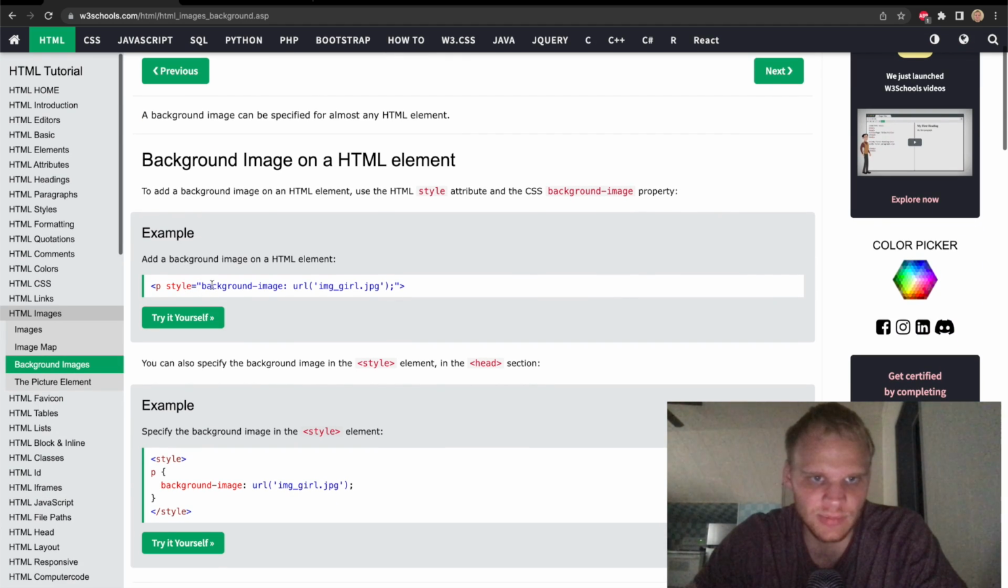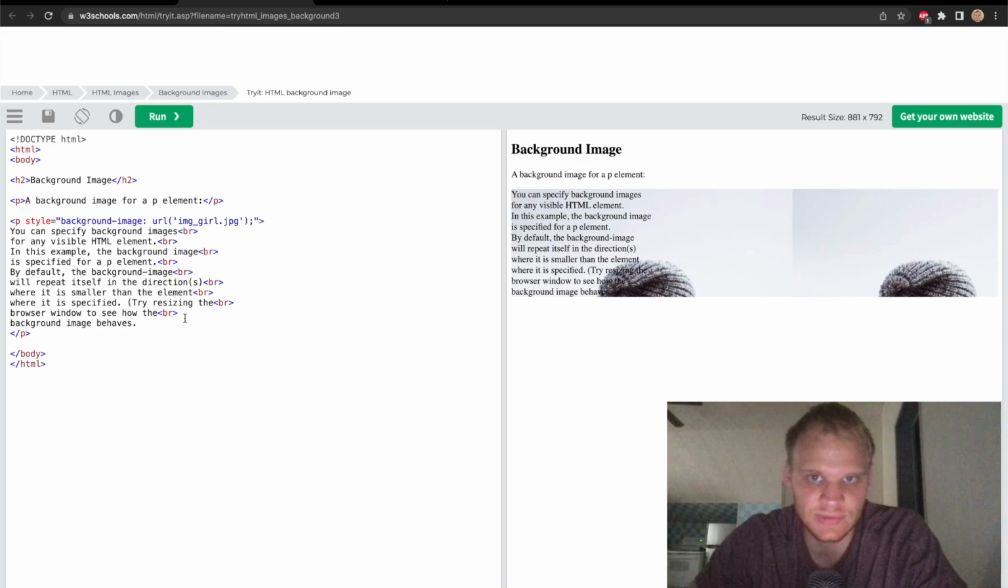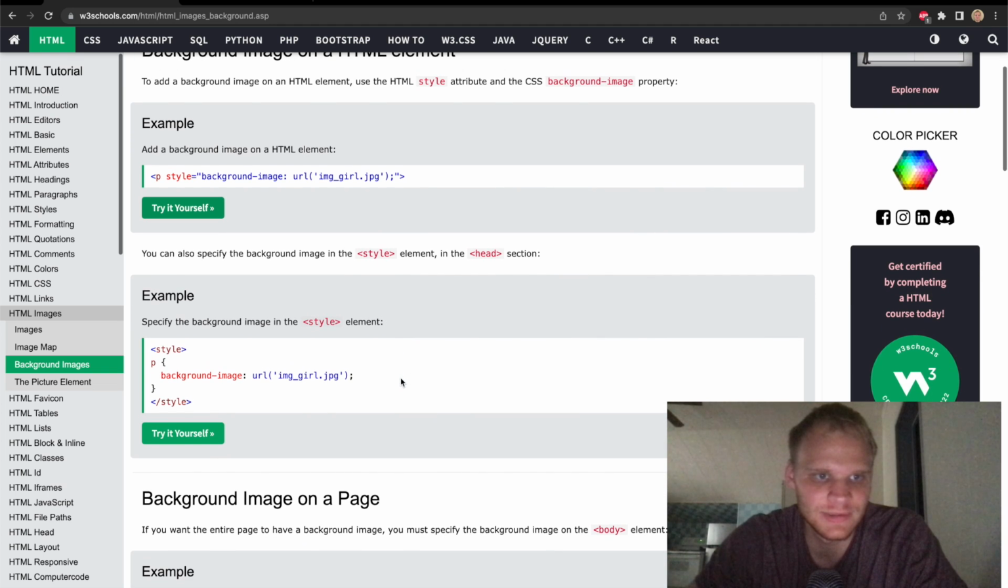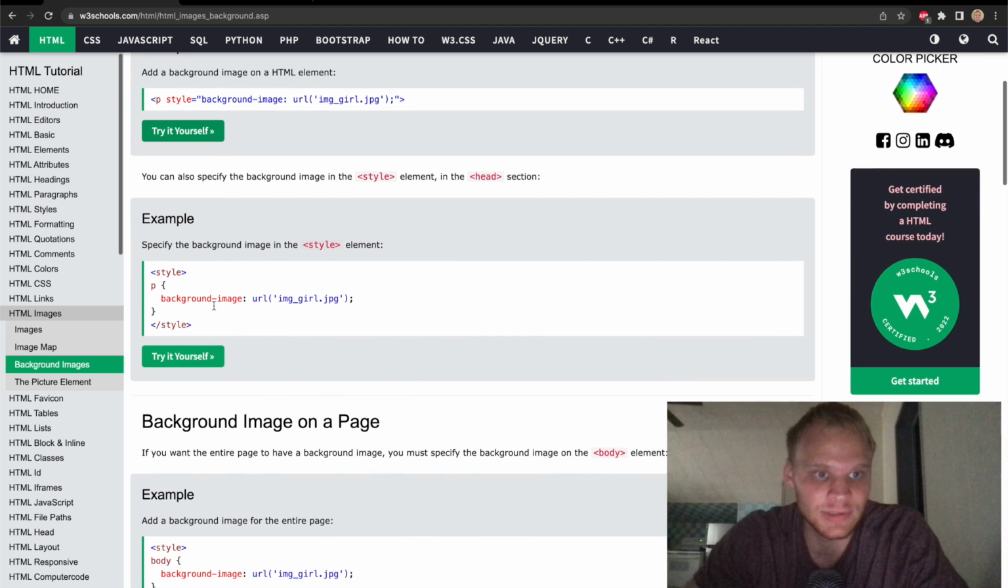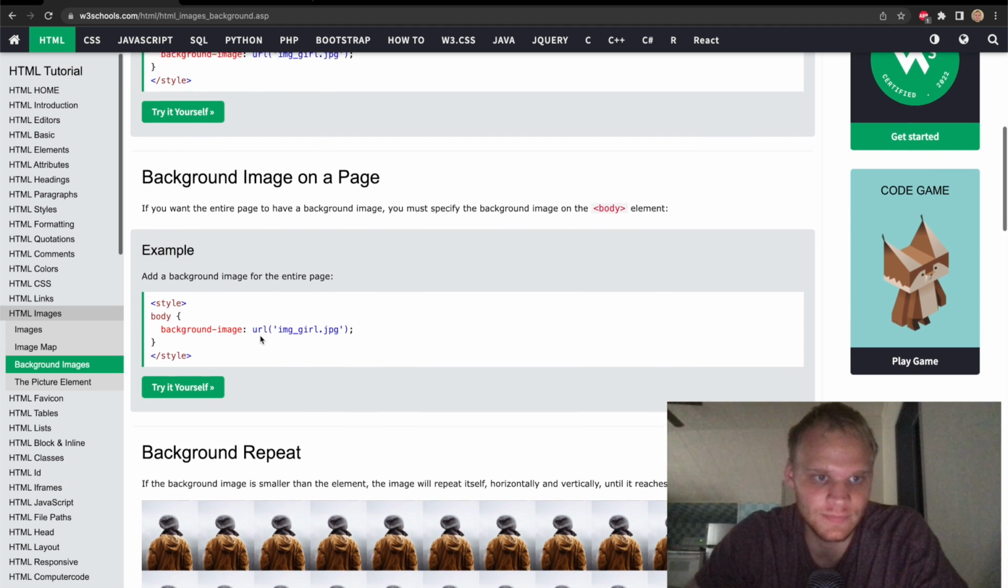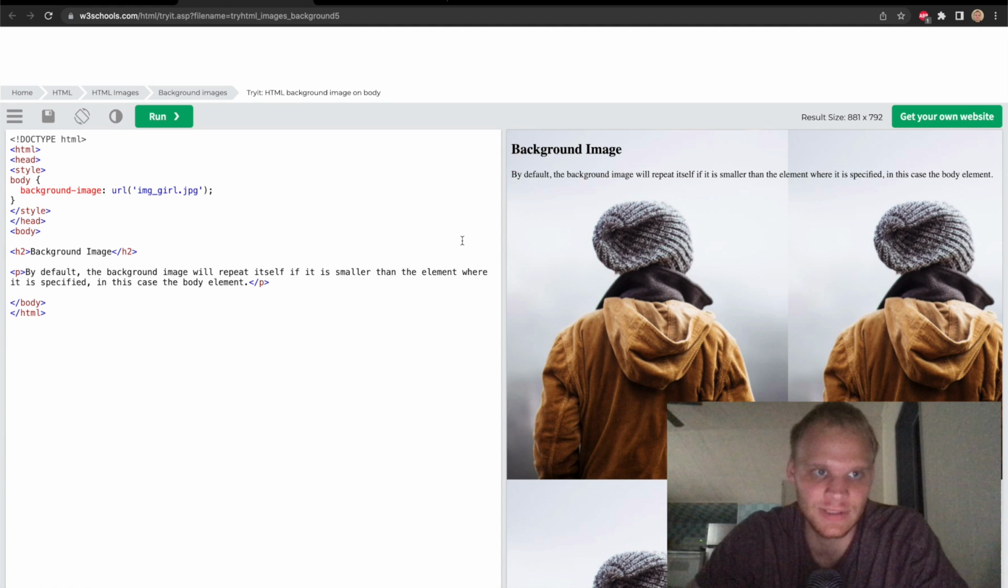Next, background images. Here we can do style background-image and put that image URL in there, and then it will be the background image on this p tag. So let's see what that looks like. So this is the p tag, and then this is the background image. You would never usually put a background image on a paragraph tag, but I guess you could if you really wanted to. You can also put it in the style or on the body. So normally it goes on the body like this, and then we usually do no repeat,